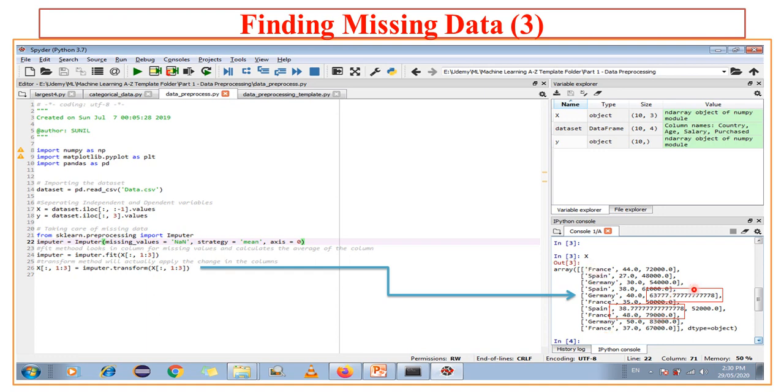Earlier these entries I have highlighted with the red rectangle were NaN, and now all these NaNs are replaced with the average of that particular column. The salary column is replaced by 63777.777 and the age is replaced by 38.777, such long digit values.